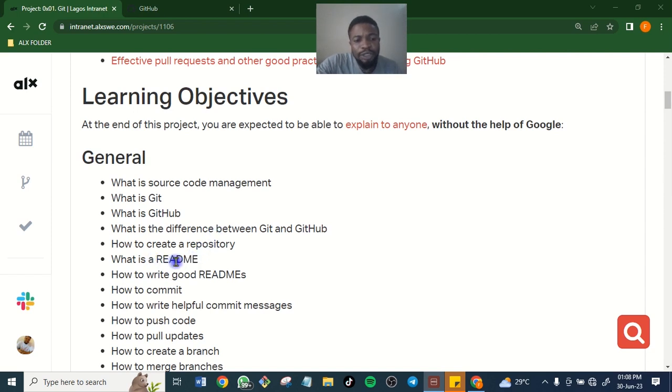And then what is Readme? Readme explains the kind of project you are doing. Maybe I want to see the project you are doing in USA, but I don't want to open it. I just want to know what it's all about, so maybe I should not waste my time. So you have to put down a description of what you have done outside for me to see.